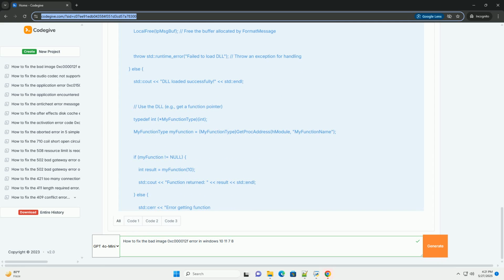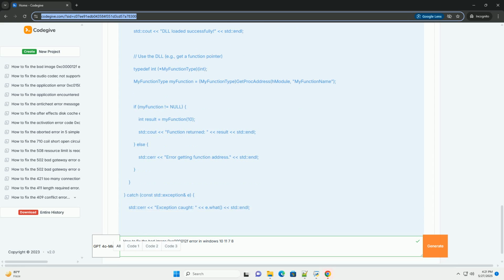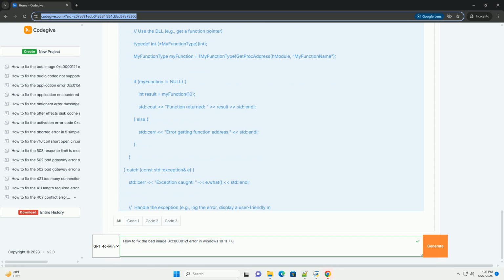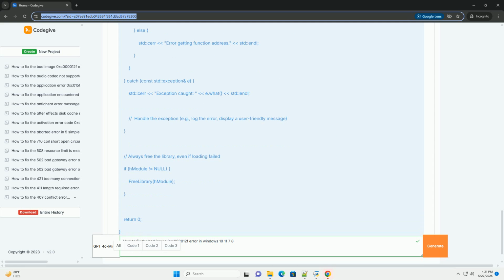Corrupted DLL file. The DLL file has become damaged or corrupted, preventing the program or system from reading it correctly. This can happen due to incomplete installations, faulty software updates, disk errors, malware infections, or sudden system crashes. Incorrect architecture. The DLL file is not compatible